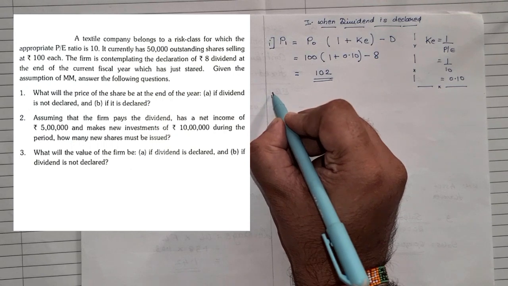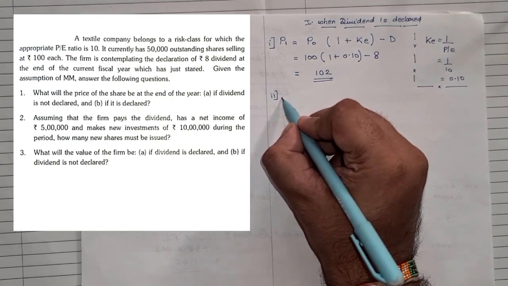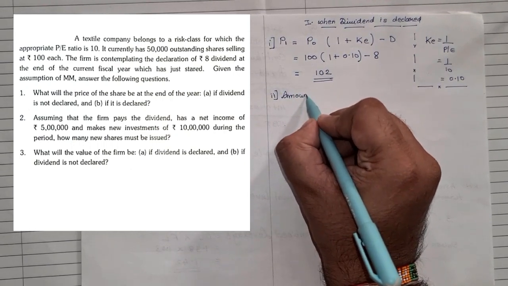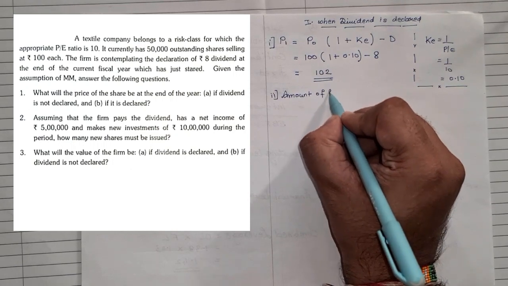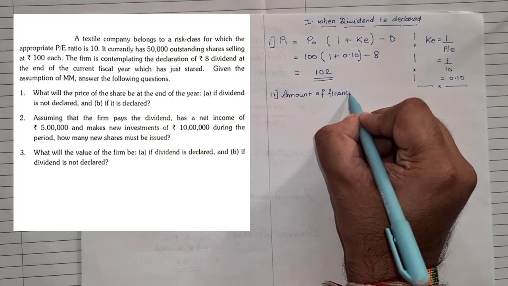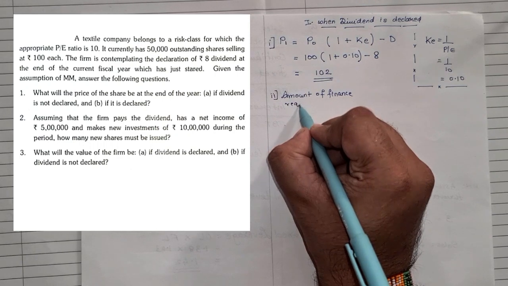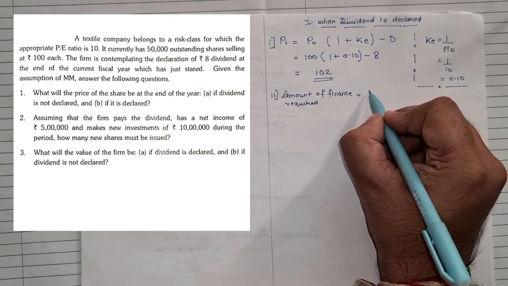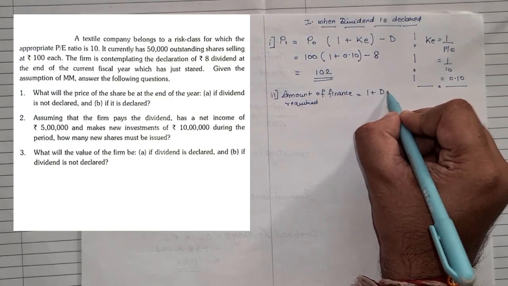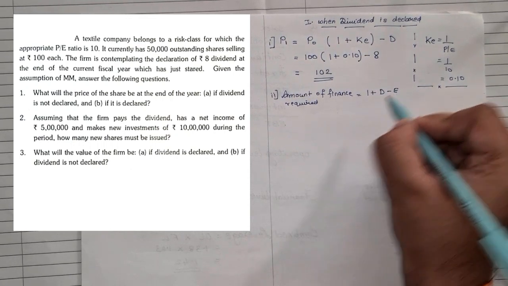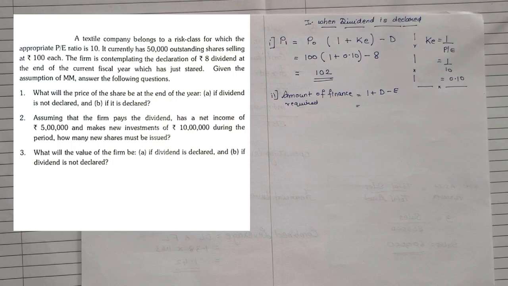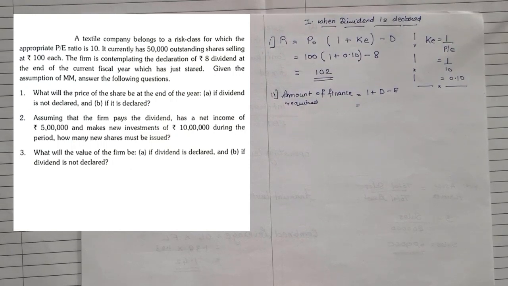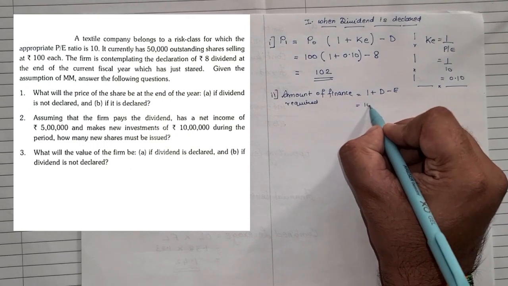So in the second part, we'll write amount of finance required. The formula is very simple: investment plus dividend minus earning. In the question they have given, the company has a net income of 5 lakh and investment of 10 lakhs. So investment is 10 lakhs